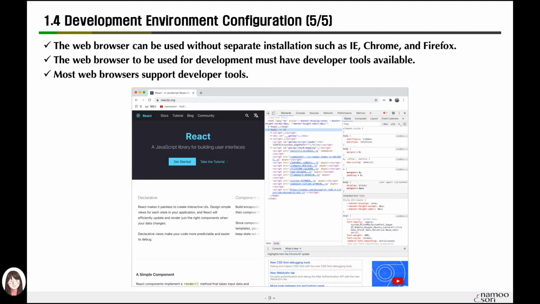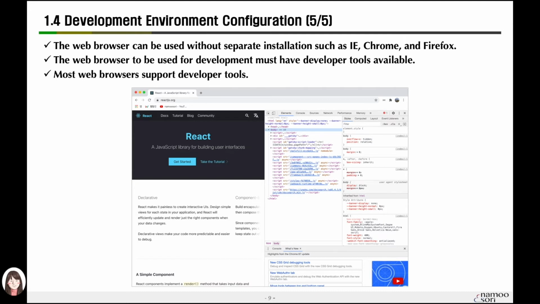React uses ECMAScript 6 as the standard for its code, so transpiling is required for the previous version, ECMAScript 5. All such settings proceed through Webpack, but the Webpack settings are a little bit tricky.